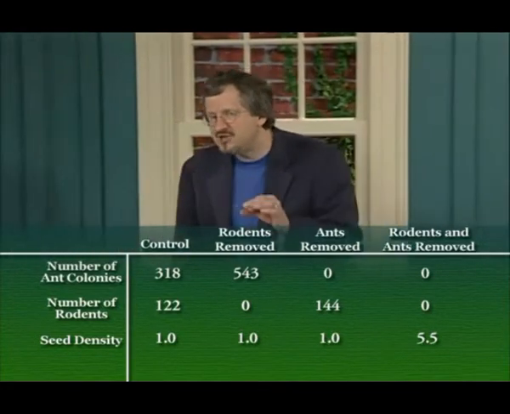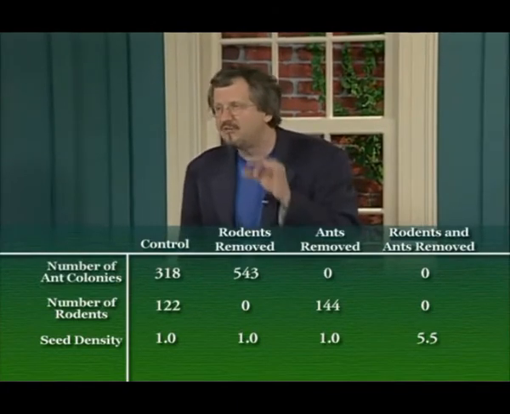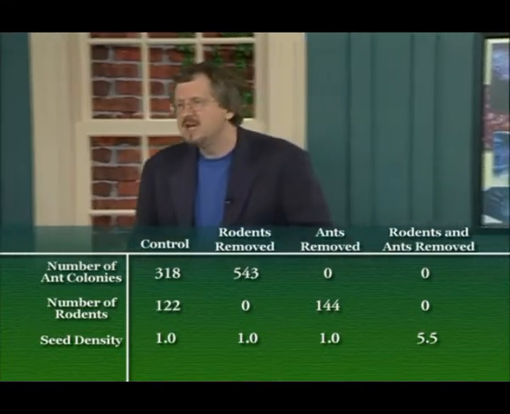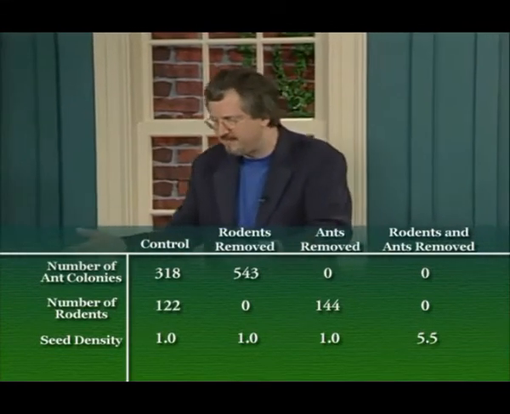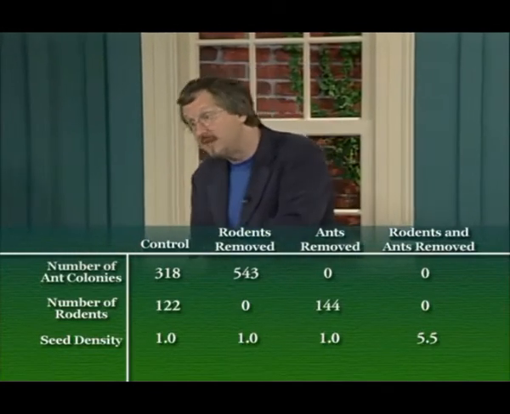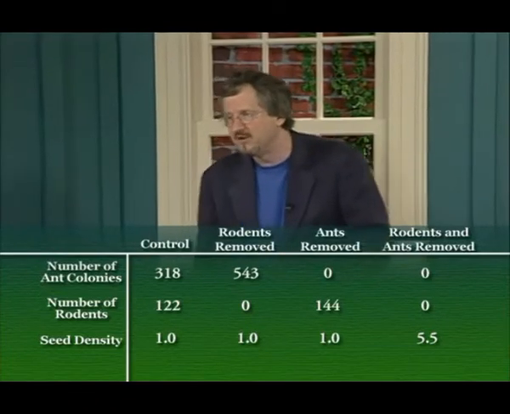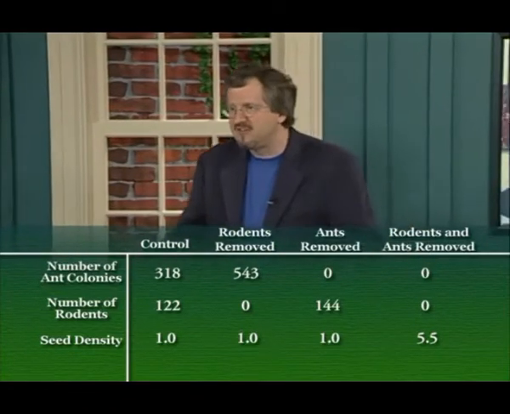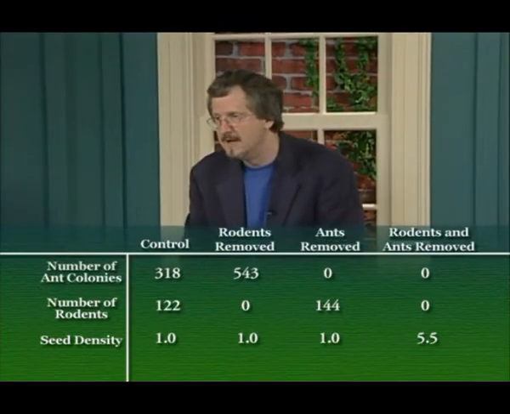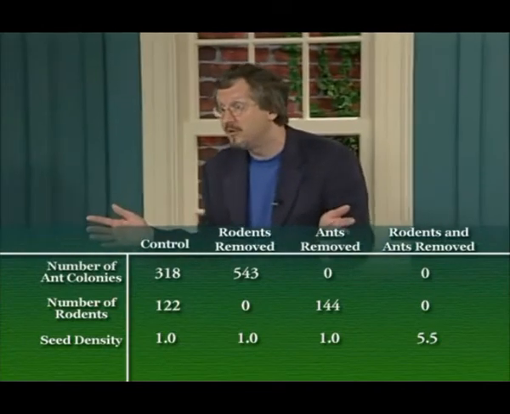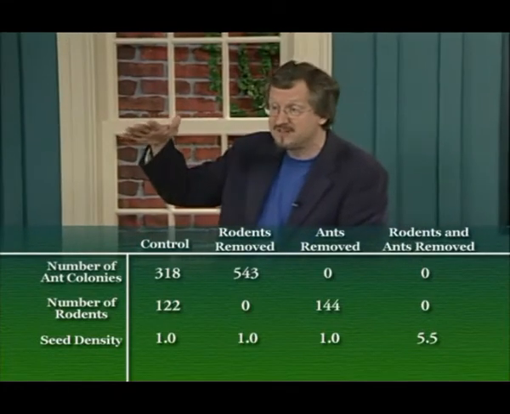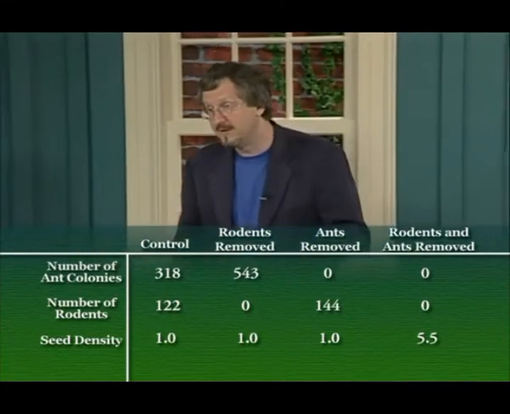Because the interpretation here is assuming that the seeds themselves are limited resources. So what you would predict then is that you would have, compared to some control where you have both rodents and ants living, the same density of seeds per unit area if only the ants or only the rodents were there, more or less. In other words, if you have both ants and rodents, they consume the seed resource down to some level below which they can't get it because they can't glean all of the seeds. If you remove the ants, then the rodents are going to take more of those seeds, and it's still going to go down to about the same resource level. But you'd expect the population's carrying capacity of the rodents to go up, and vice versa with the ants.